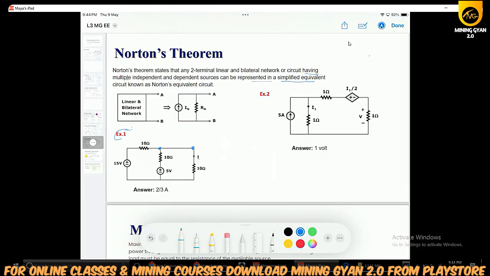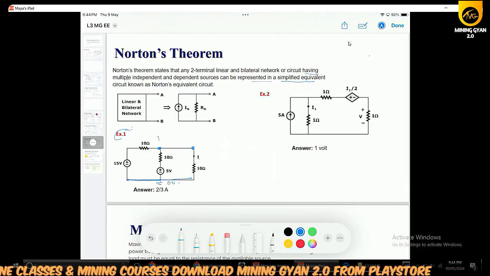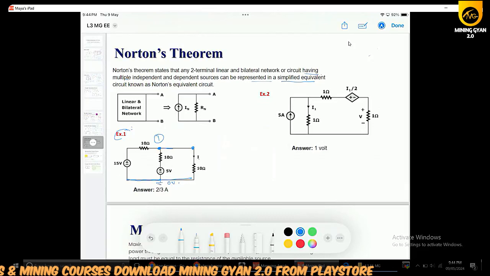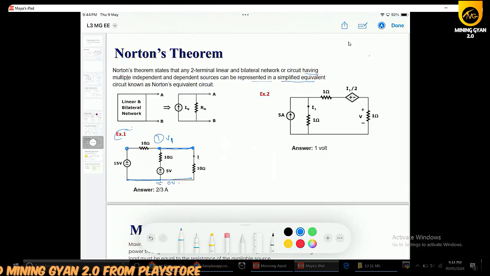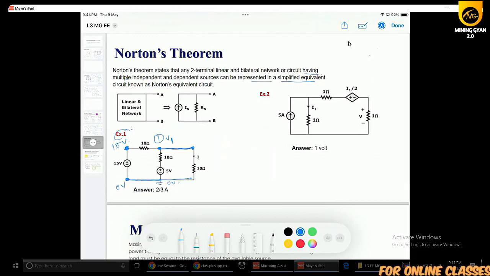As you can see, there is a reference node, and this will be at the ground potential. This is the node number 1, and these two nodes are at the same potential, let us say V1, and this node is at 15 volts of potential. Because this node is at 0 volts and this node is at 15 volts. So this node is having 15 volts of potential. And this V1 is unknown.